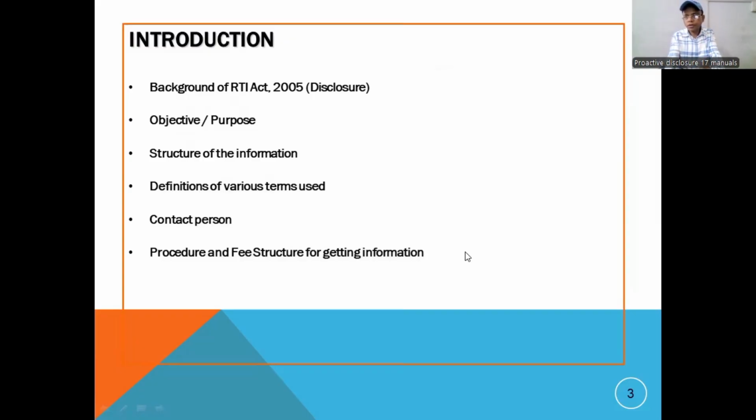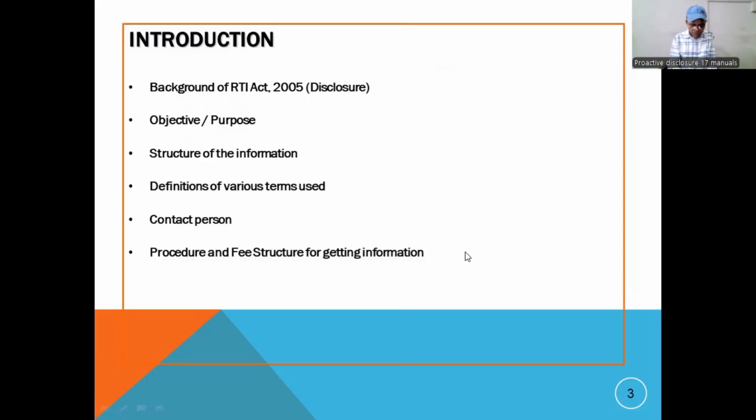Then the contact portion. In order to access any information, a citizen should know who is the responsible person and who will provide the information, from where it is started or gathered, where the information is held, and from whom I shall get it. The public information officer should give the contact details of the person who is providing information, who is legally authorized, or who is accountable to the citizen. The name and designation should be given.